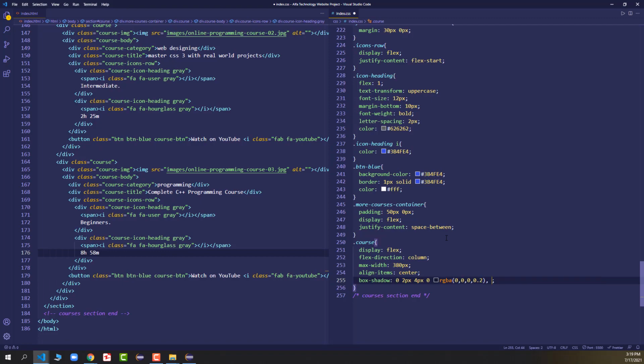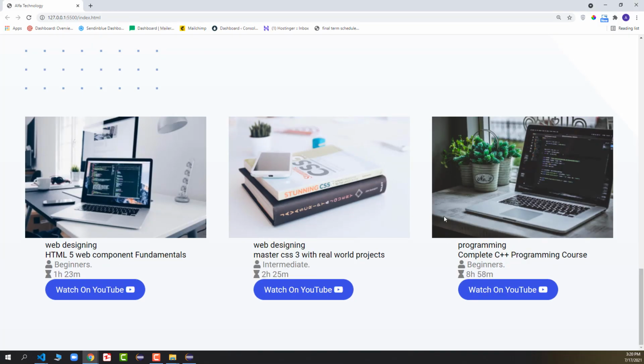Then we'll put a comma, and then let me just copy this once again, and here we will have 0.19, and then we will change this 4 pixel to 10 pixel.